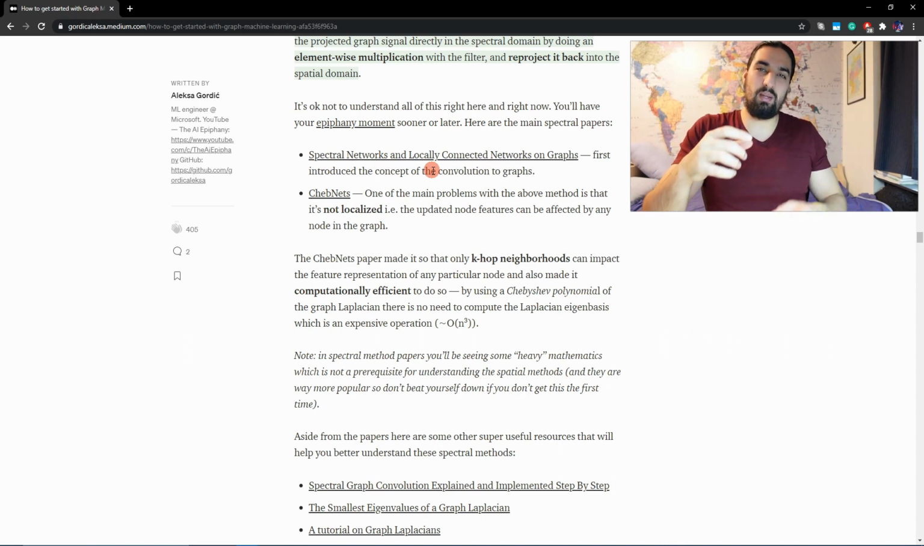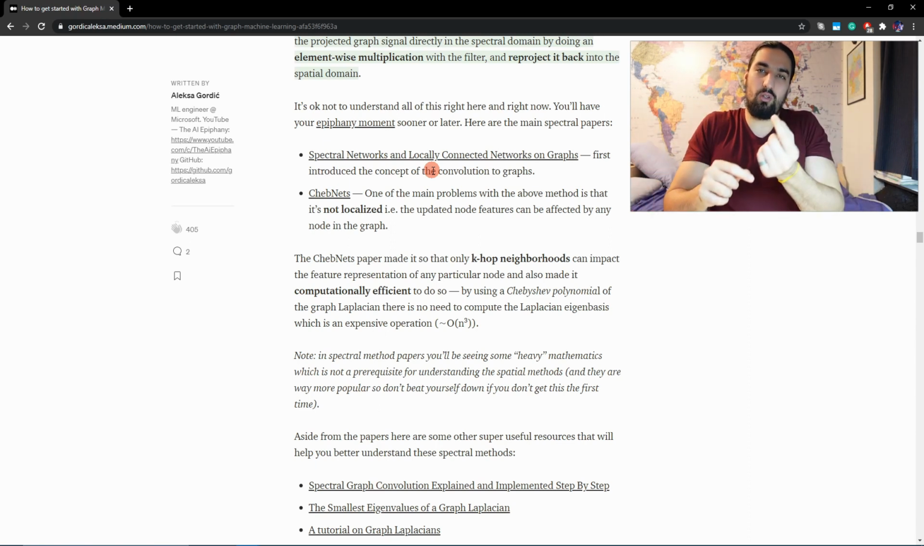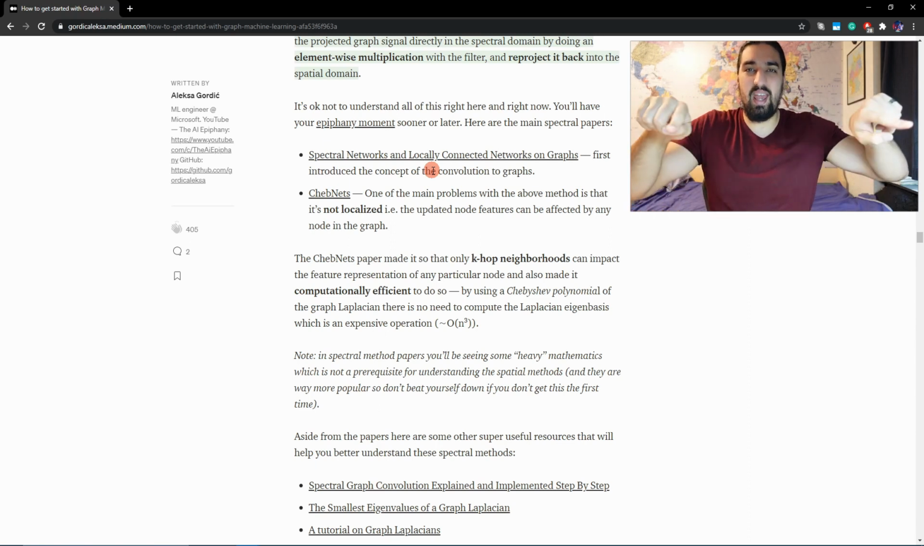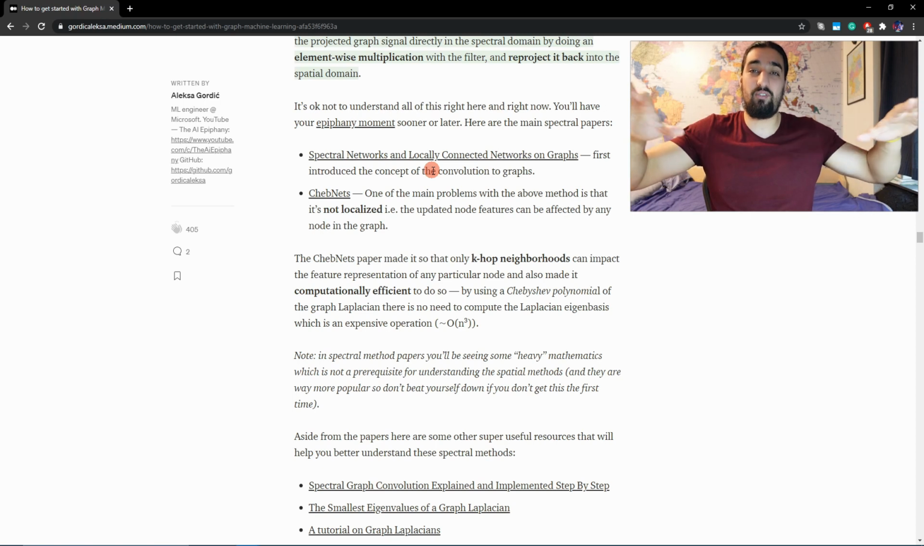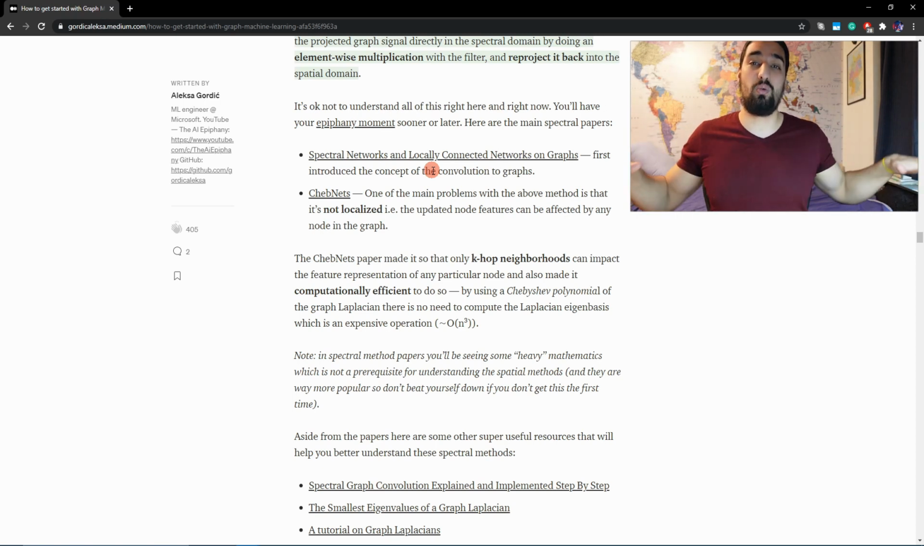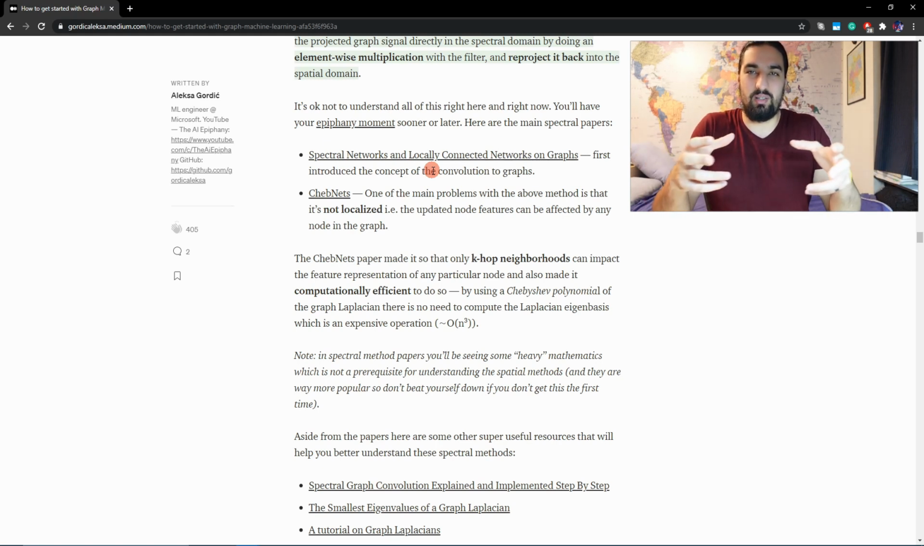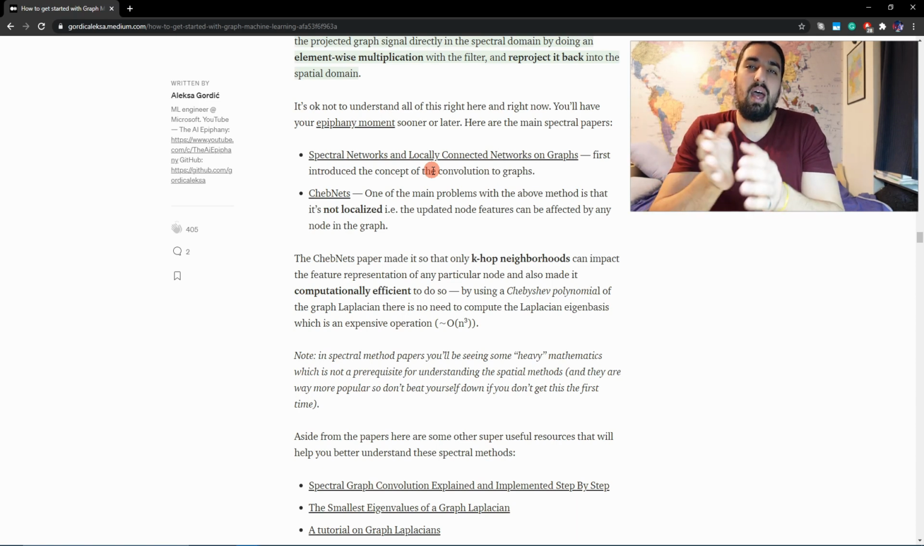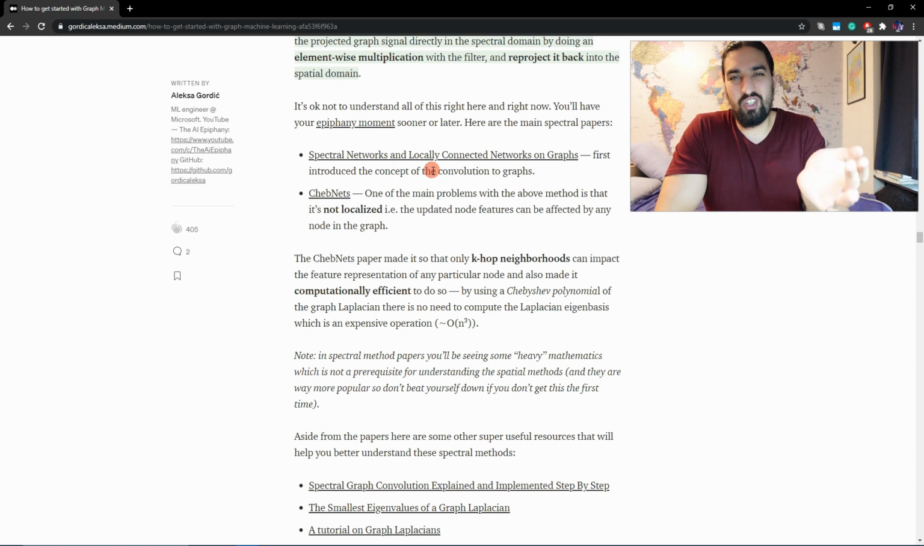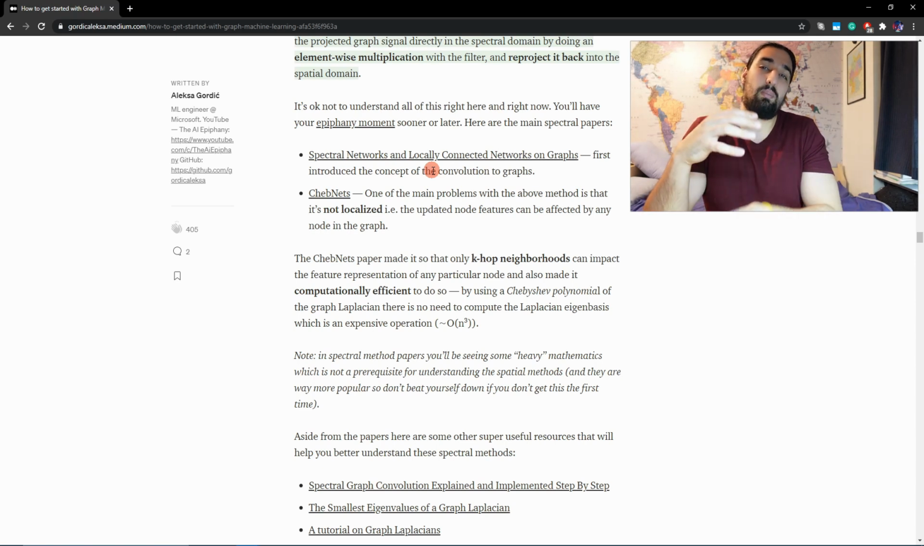When I say localized, I mean you just want to update a single node, you'll just use the k-hop neighborhood instead of using every single node in the graph, which can be huge. Like in some examples, when you're having maybe social network graphs, you want to make those algorithms localized. And secondly, aside from localization, ChebNets made it also more efficient to calculate these representations by just leveraging the Laplacian